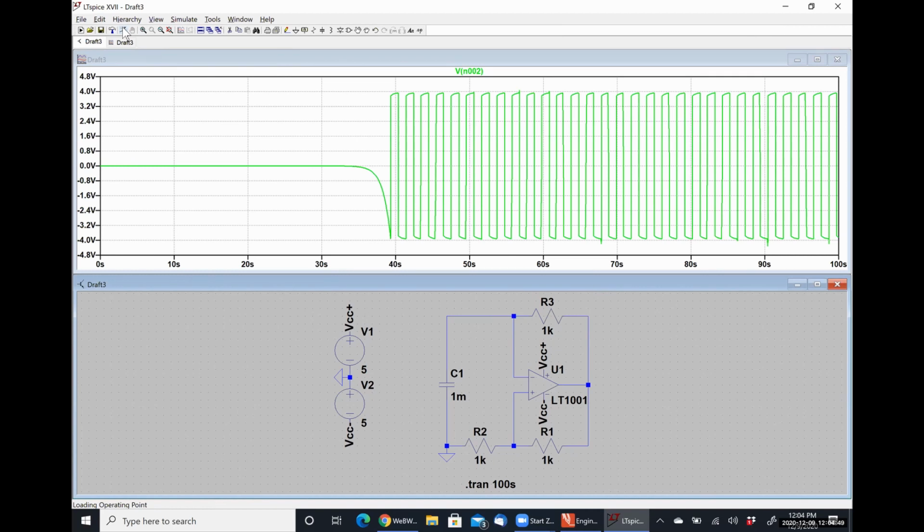The reason why it's not hitting VCC plus and VCC minus is that this particular op amp isn't a rail-to-rail op amp. So to make this work with our universal op amp,